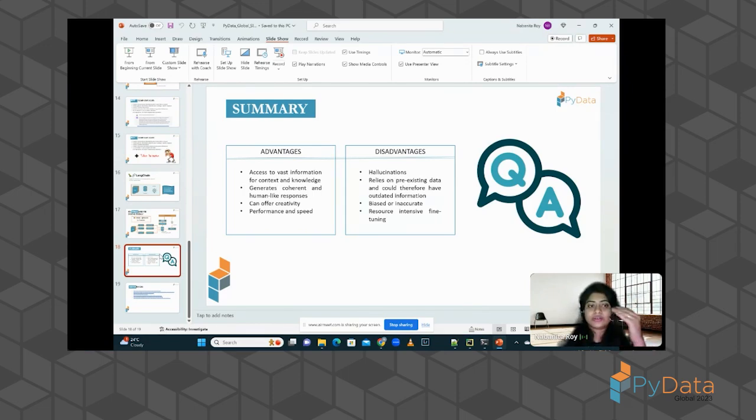Or if it is negative, give me n. If it's positive, give me p. In that case, you have to give examples and set the context and tell the LLM to give you the response in that particular format. And that's very important. So that's the disadvantage